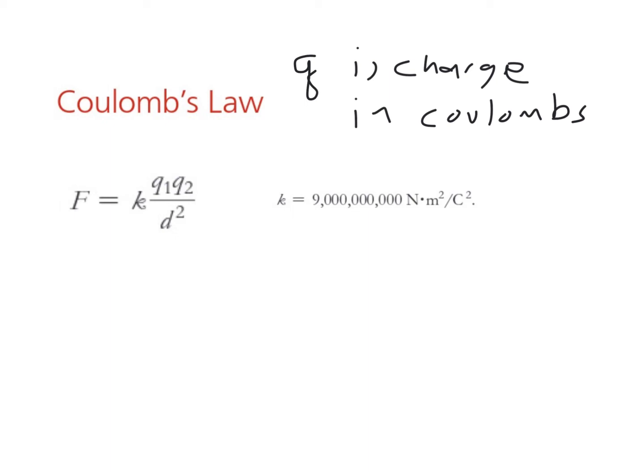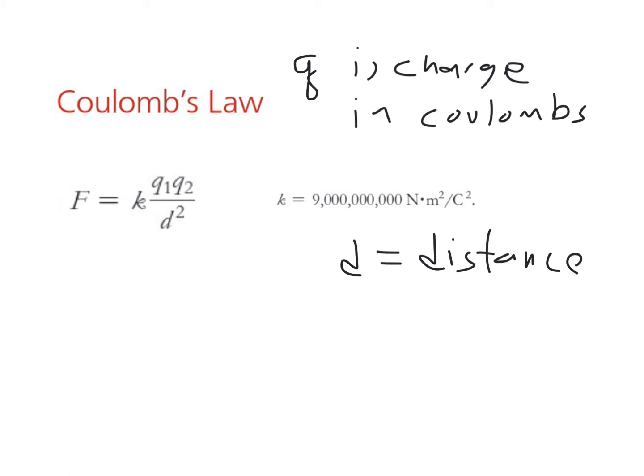Just like the units for length are something called meters, and the units for force are something called newtons or pounds, depending on what kind of force you're talking about. Charges are measured in something called coulombs, and so more coulombs means more charge. Now, the D value here stands for distance. Specifically, it's the distance between the two charges.